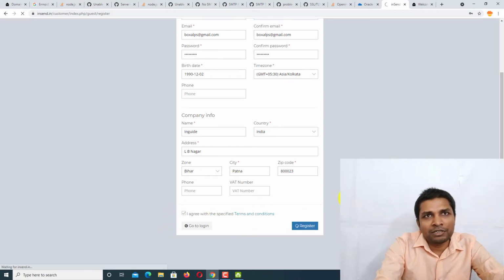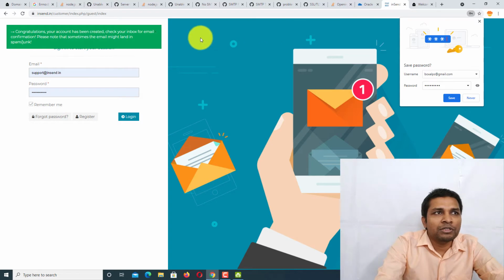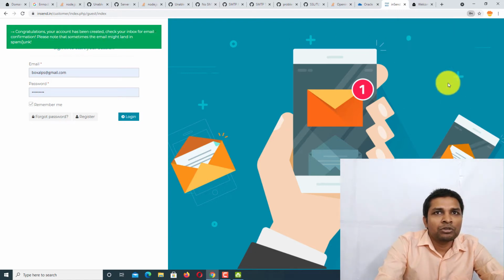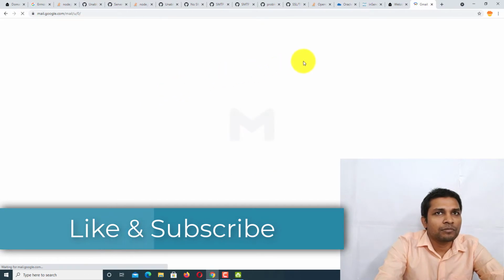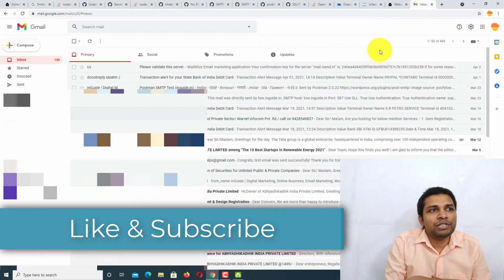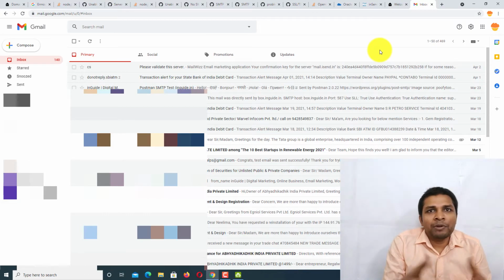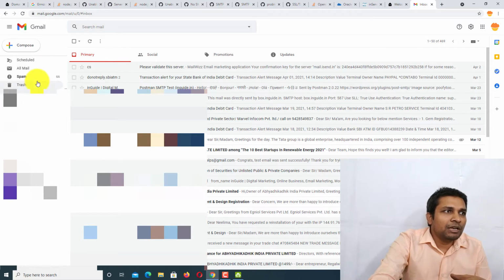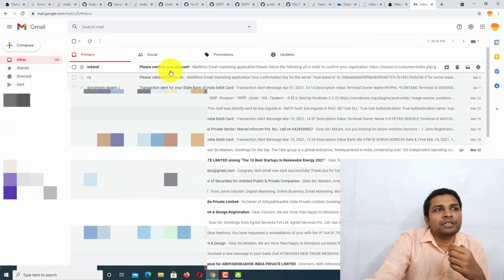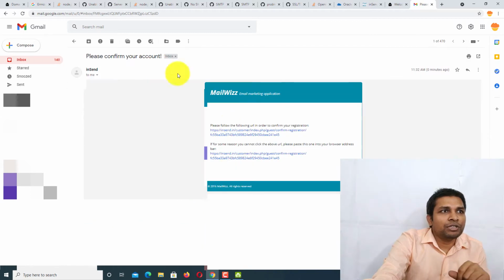After that click register. Now once you have registered, you will receive a confirmation email, so you have to open your mail account. It could take a minute to reach the inbox. If even after 2 minutes you haven't received the mail in your inbox, then go check your junk mail. Alright, now after 2 minutes I have received a mail in my inbox, and then you have to click the